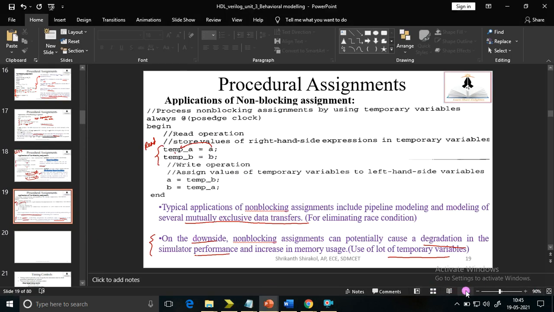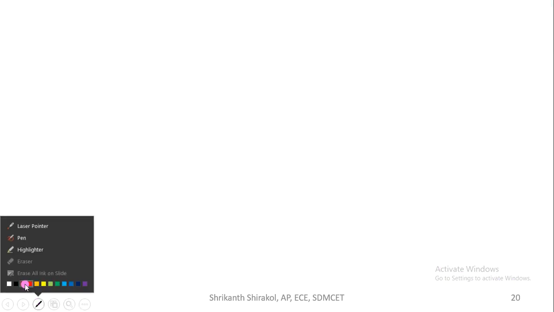To summarize non-blocking and blocking, we will take the differences. I'll just write down the differences. These differences are a very favorite question for any question paper setter, so just note them down.